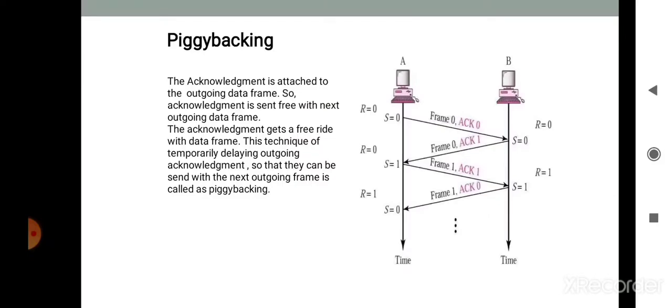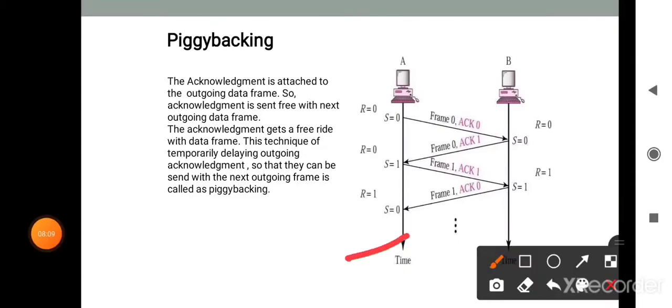Here we show the piggybacking concept by a figure. Here this is the diagram. A and B are two different stations. This method combines a data frame with an ACK, here ACK 0 and 1.